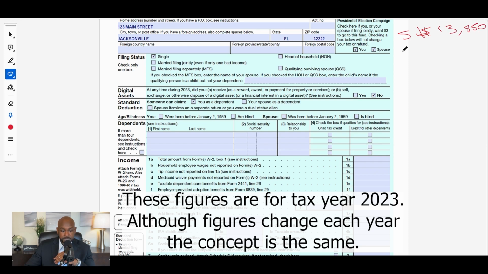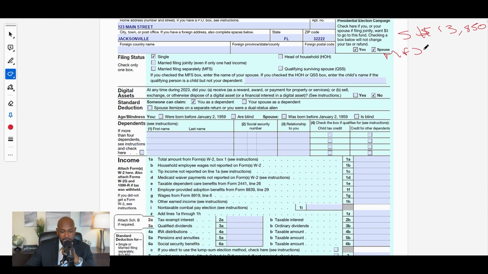$13,850. If we use the married filing jointly filing status, the standard deduction is $27,700. If you choose head of household, it is $20,800. If you choose married filing separately, it is going to be $13,850. And if you use qualifying surviving spouse, it's going to be